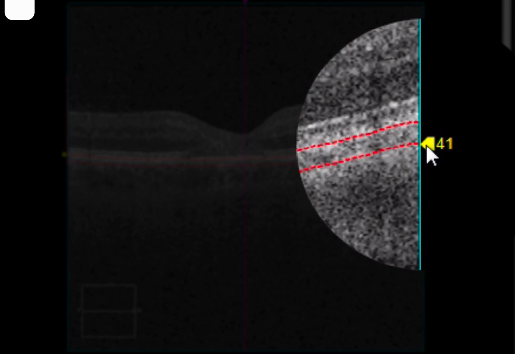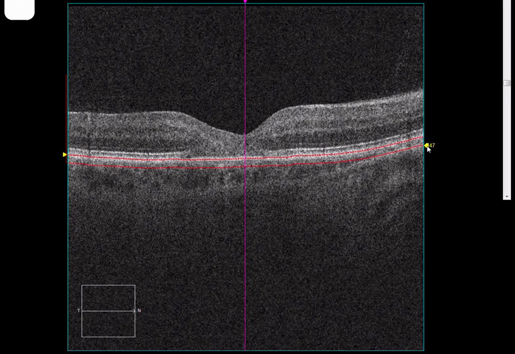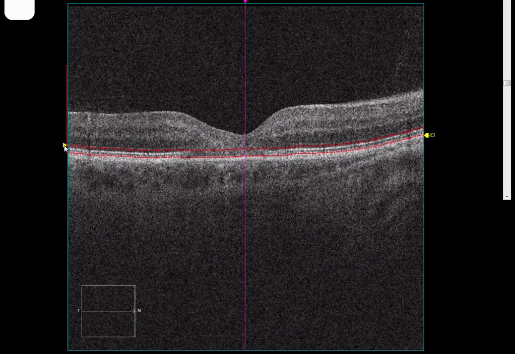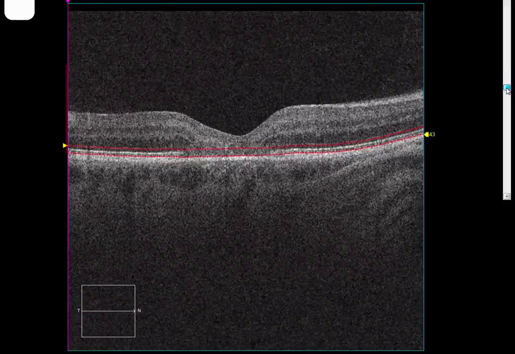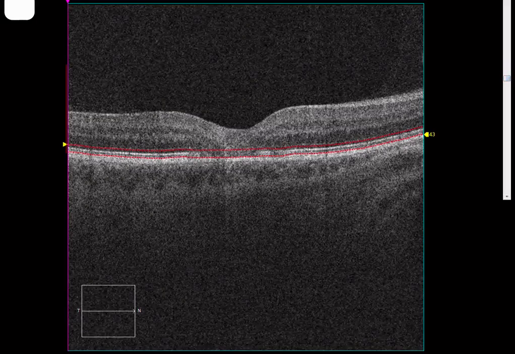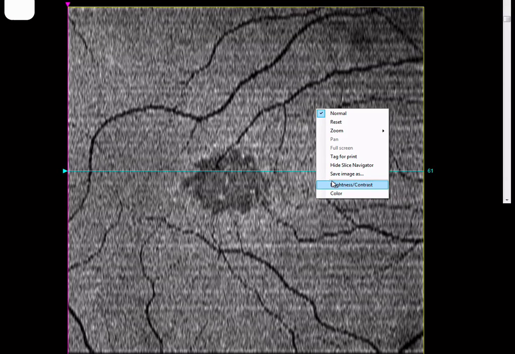It's showing that we're doing a 41 micron thick slab. We have control to adjust that. Empirically, I've learned that around 43, 45 microns gives you a nice ISOS slab, and we're going to elevate that to the level of the ISOS. We can move this out of the way and scroll through B-scans just to see that in fact we are encompassing that layer everywhere. And then when we go back to the en face image, we can see that that region is well